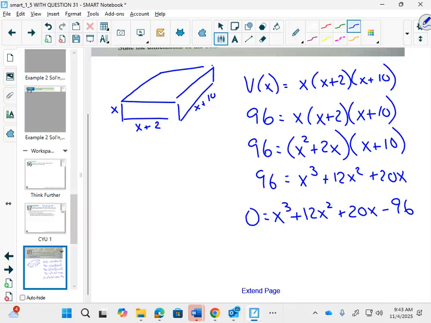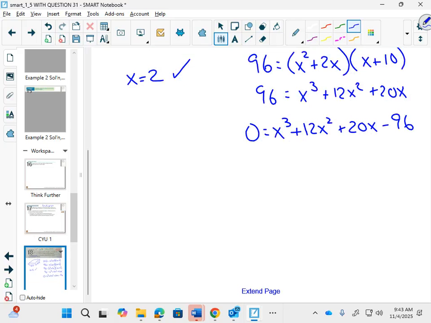If you plug in 1, is 1 times 3 times 11 equal to 96? No. So what number would you probably try after 1? 2. You tried 2. 2 times 4 is 8. 8 times 12? 96. So it was not very hard to find out that x equals 2 works. Also, because it's a real-life word problem, could x ever be negative? No. So when we're going to do the synthetic division here to see what is going to make this work,